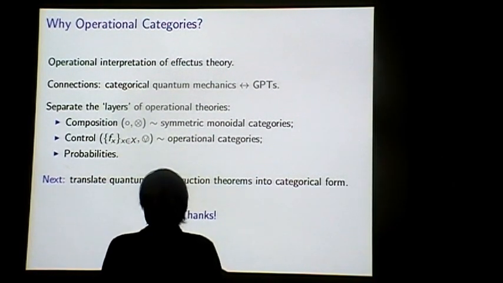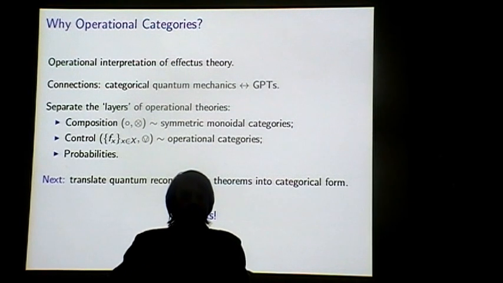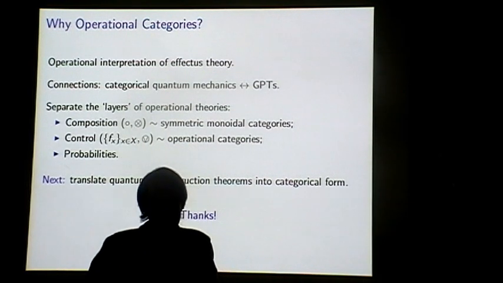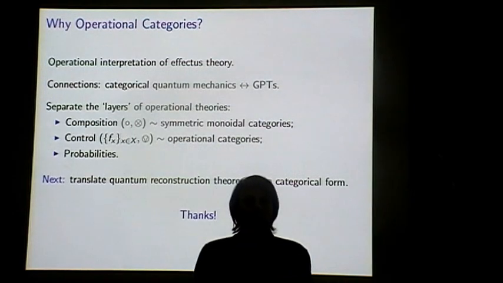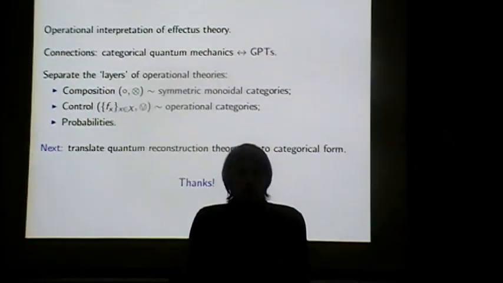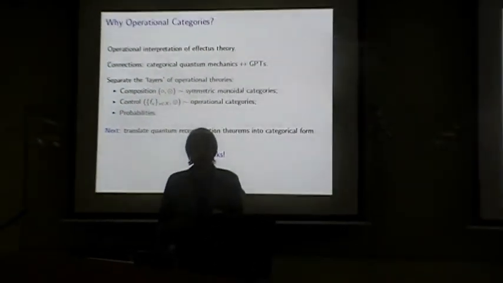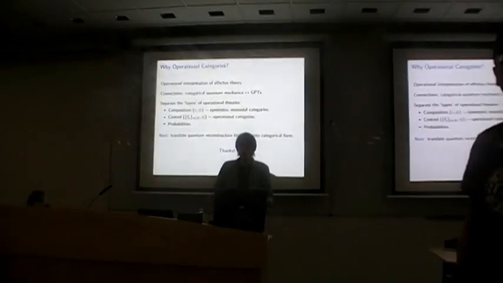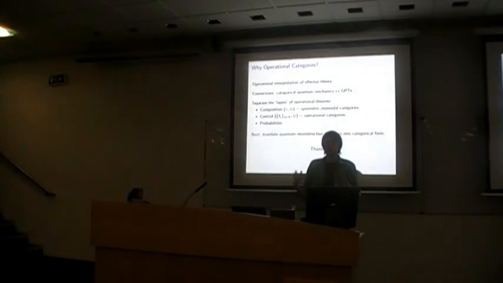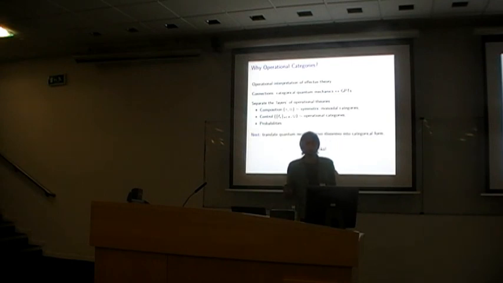Questions? Comments? Yes? So you have this partial addition. Yeah. So you take this as an assumption that you have this? Yeah, in any OPT, they sort of also assume this, but they already explicitly are working with probabilities and linear maps, essentially, so they're just adding them together. Right. So here it's just taken as an assumption that operationally, if you have a test, you can merge two outcomes if they're the same, because that's just throwing away some data in the lab, essentially.